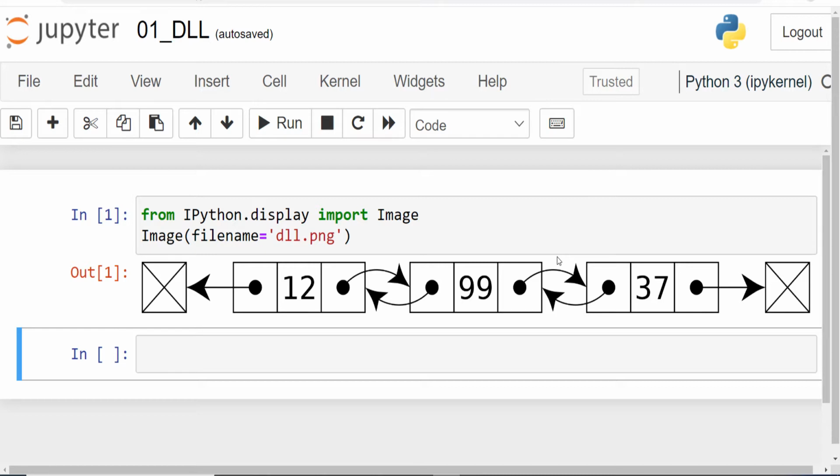So this is the very first episode in the series for the doubly linked lists. In this episode we are going to see how to create a doubly linked list with Python programming language. So in the earlier video I had explained what a doubly linked list means, but let us have a small recap of that because we are getting started with the programming.